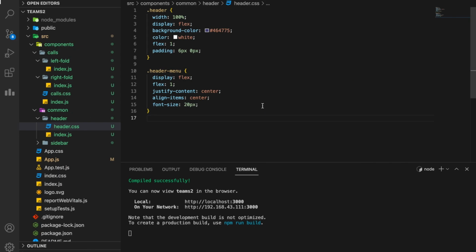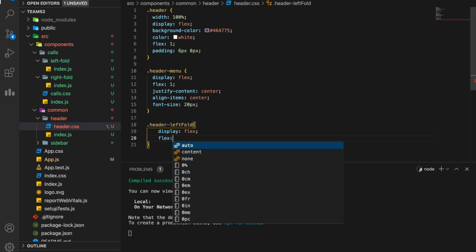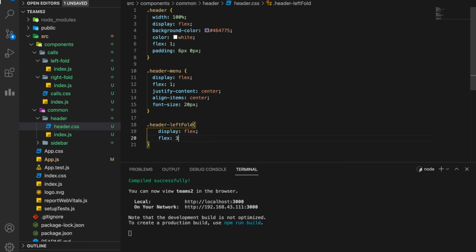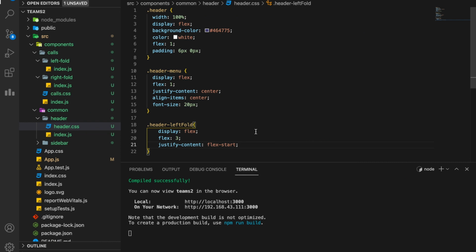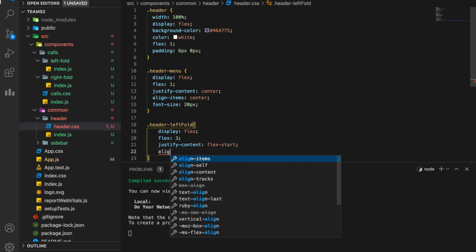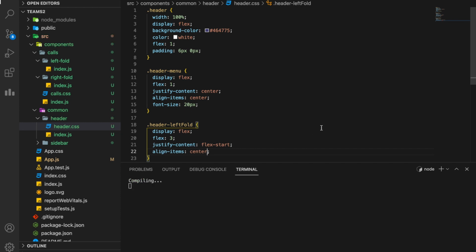Now we'll make it relative by giving ratio to other properties as well, which means let's come to header left fold. So the very first thing is, as usual, giving it a property of flex, giving it a flex of 3. Remember, we are copying what we did in the body so that the ratio remains constant and it looks parallel and perfect. Then again we are going to justify content, flex start. Now what is flex start? Flex start is the beginning here, like this thing will shift to where it is starting. You'll see when I will save this. And we want to align the items to center so that the padding and everything is perfect.